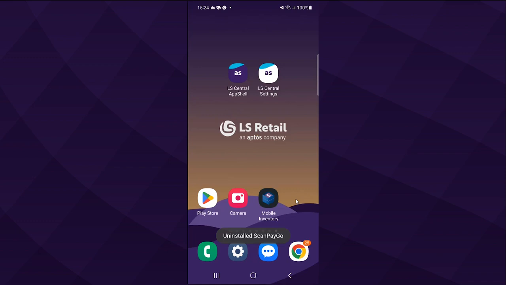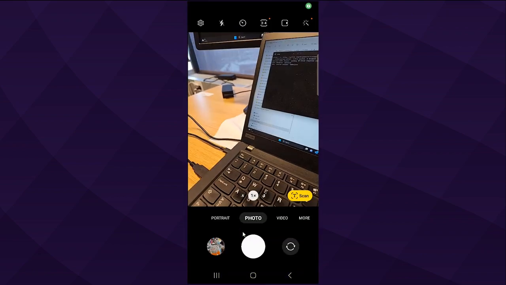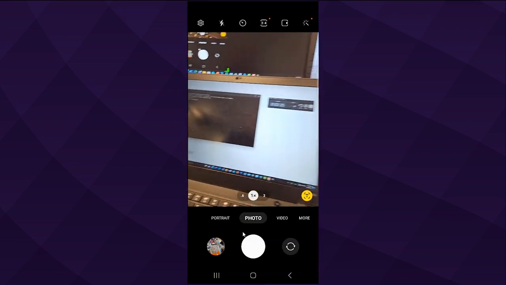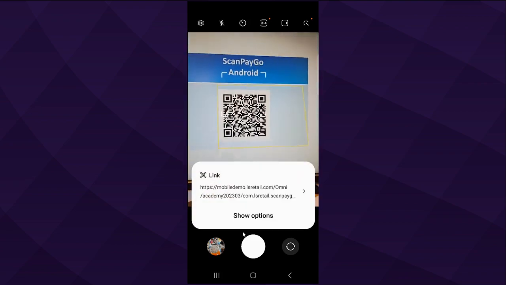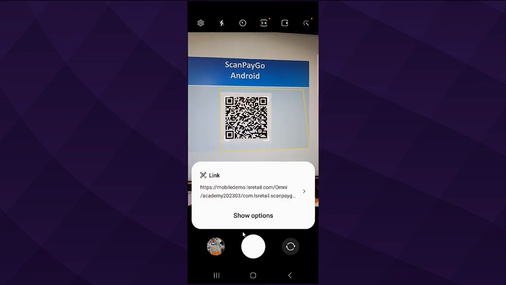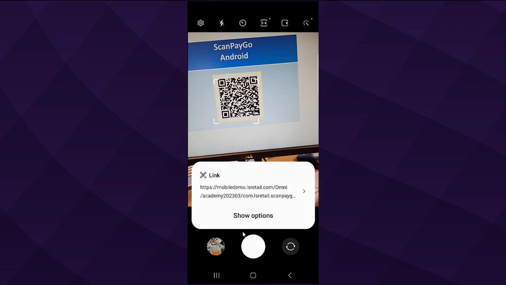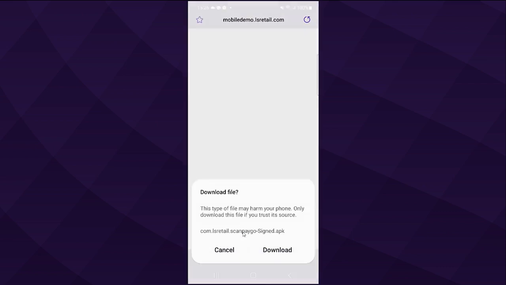And then in your course material, you should find the barcode to install the correct version that works with this VM. So I need to install the app. So I'm opening my camera and you find the QR code in the course material. Scan the QR code and continue to install.